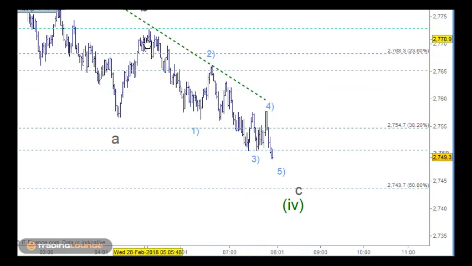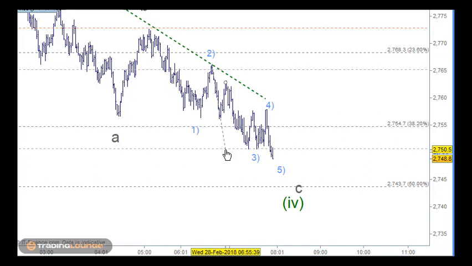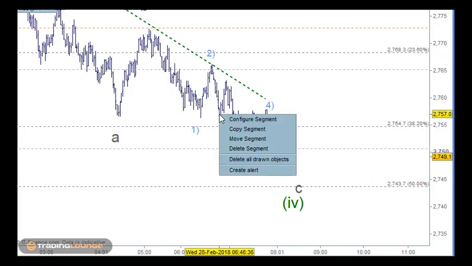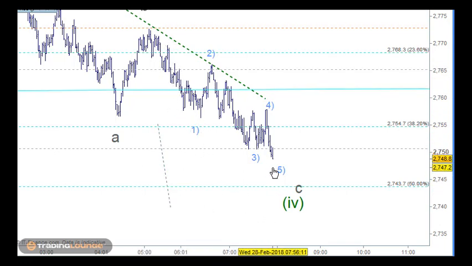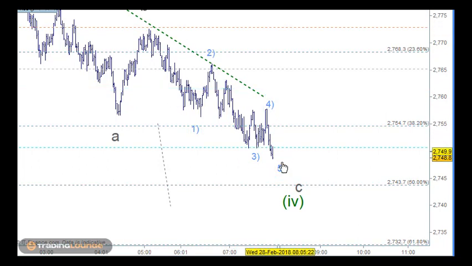But on the short side here, we could have wave 1 and wave 2. Let's just get a length on wave 3 here to see at this point here. Wave 3 here so far is actually shorter than wave 1 here. So the two ways it can pan out is that wave 3 here is shorter than wave 1. That means that wave 5 here needs to be shorter than wave 3. And that way wave 3 doesn't need to be the shortest